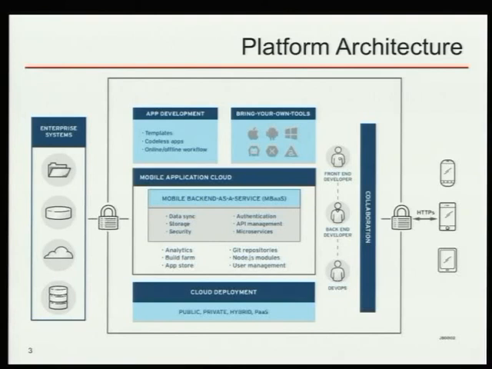As well as that, as part of the platform, you have this MBaaS, Mobile Backend as a Service. And what that's for is for the mobile applications that are on your device. A mobile application on its own is not much good if it doesn't have some back-end connectivity, some systems to talk to. And the model that we promote is you have the mobile application talking to a single API server that acts as a gateway or a mediator, and then from there into back-end systems. And we look at that in quite a bit more detail over the next 40 minutes.